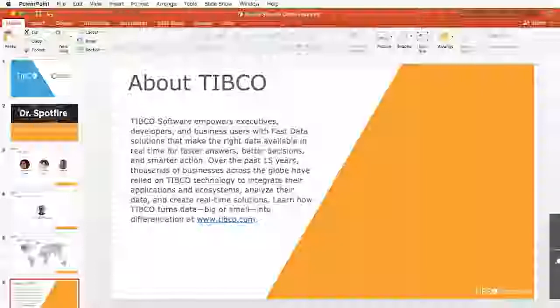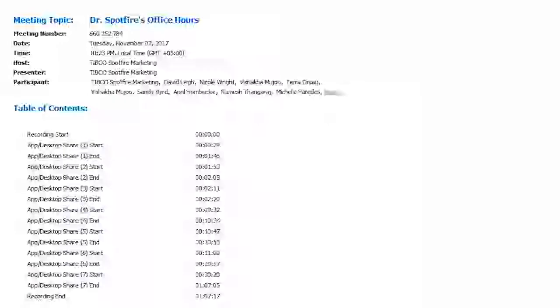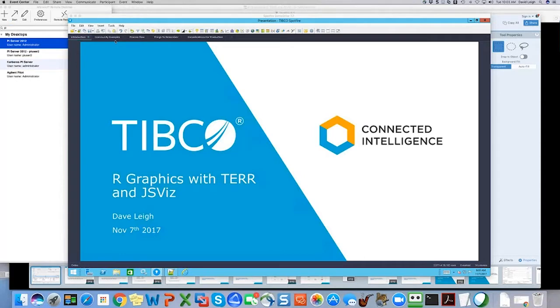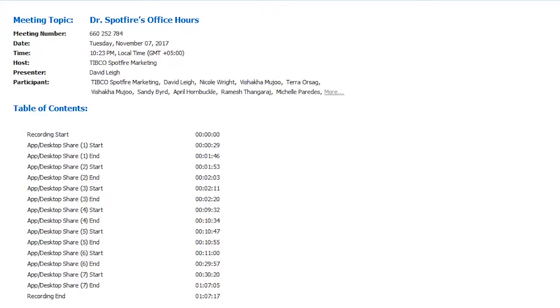Well, good morning, good afternoon, everybody, wherever you are in the world. Look forward to this session today. I'm going to be talking about how we have combined a couple of different features within Spotfire to provide a way of being able to do visualizing of different chart types. So we're going to look at basically